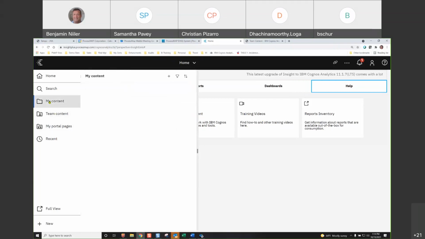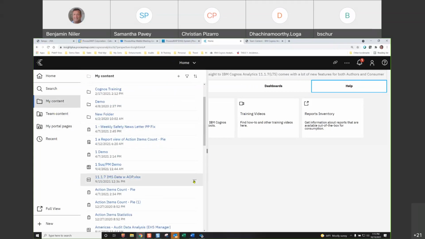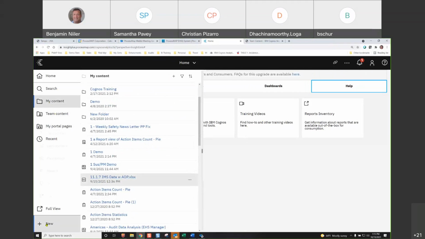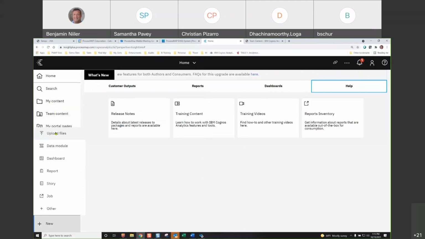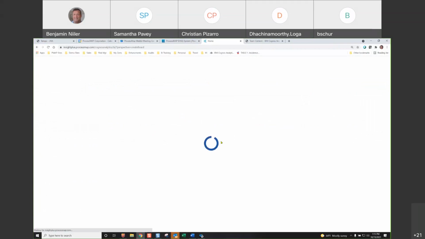So I'm going to go to my content, and I've got a file here. Now from here, I can create a dashboard or I can create a data model. So this is an Excel file I uploaded by uploading a file, okay? Now, if I go create a dashboard,